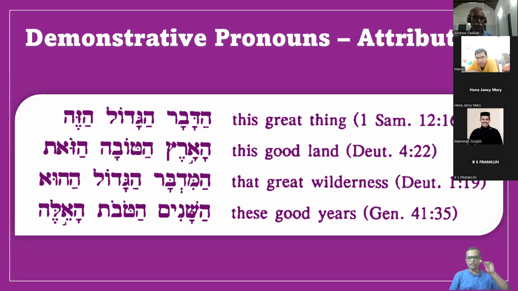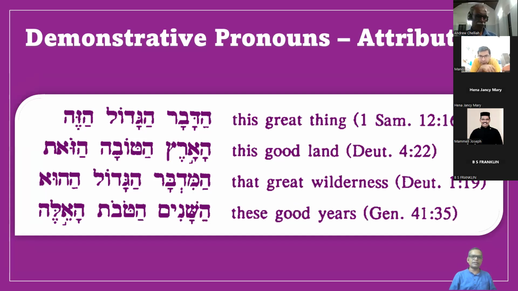So when there is a need for the adjective to appear, and when there is a need for again the demonstrative pronoun to appear, first you will see the order, noun, then adjective, and then only demonstrative pronoun. Understood? This is the order. So the meaning will be, literally if you translate the word, the thing, the great, this, but in the polished form it should be this great thing.